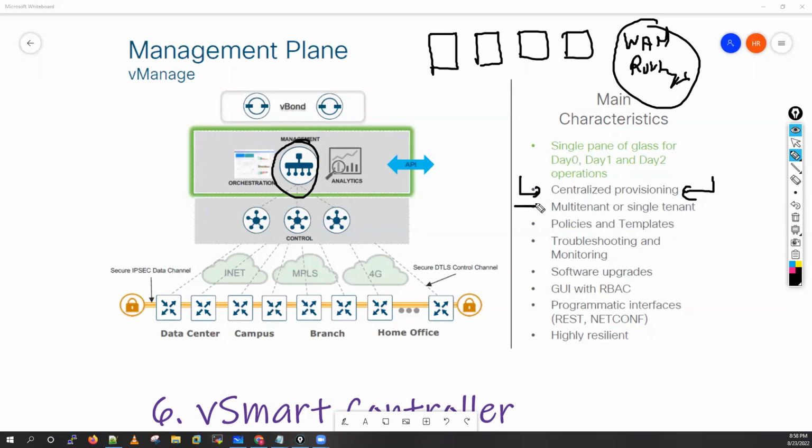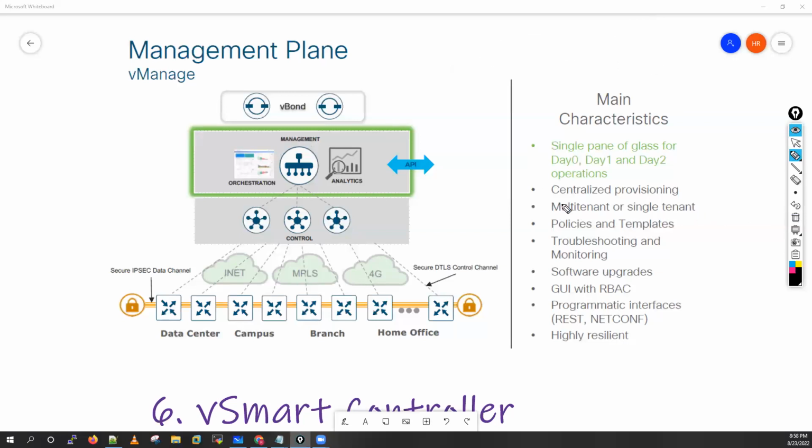Your vManage is available in multi-tenant mode or single-tenant mode, guys. What do you understand by multi-tenant and single-tenant, guys? Anyone know? Can you write in the chat if you know what is multi-tenant, what is single-tenant? Okay, cool, not an issue. Let me just tell you. So let's suppose